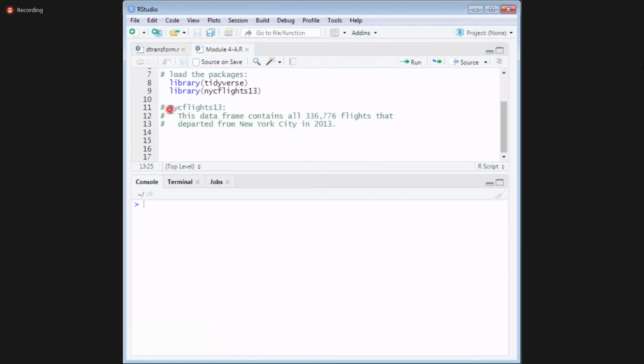What is this NYC flights data? This data frame contains all 336,776 flights that departed from New York City in 2013. Clear?